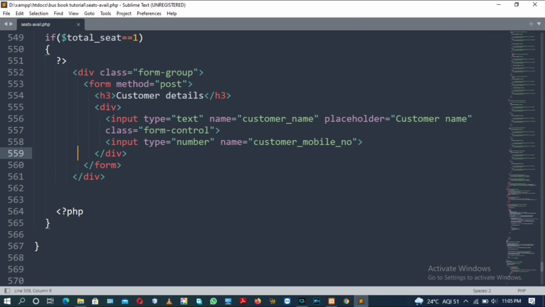They are enclosed inside a form tag, which in turn is enclosed inside a div tag present on line number 552. So moving to the next part of this bus booking section.